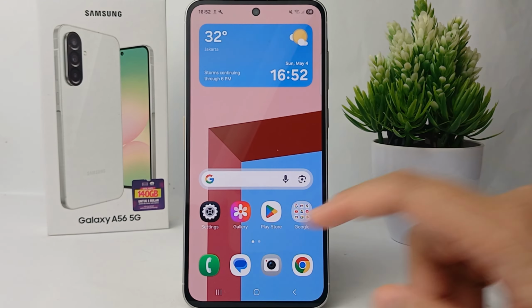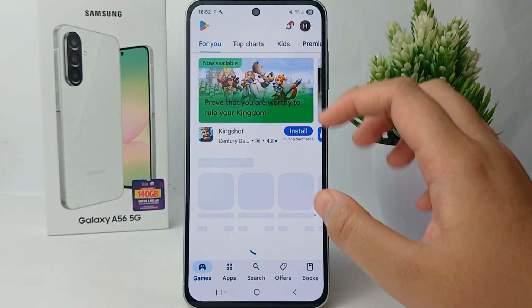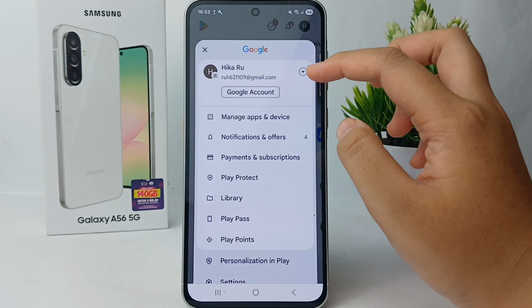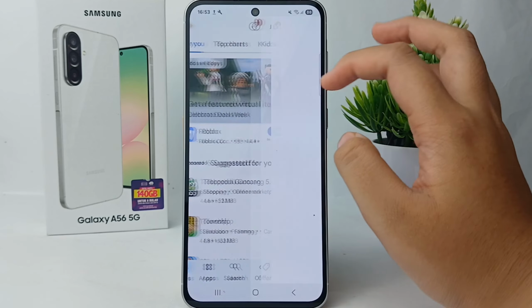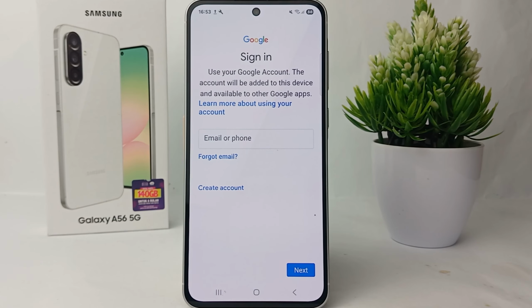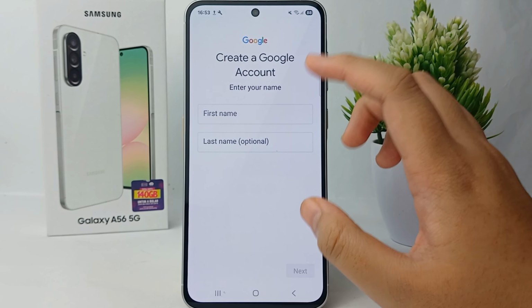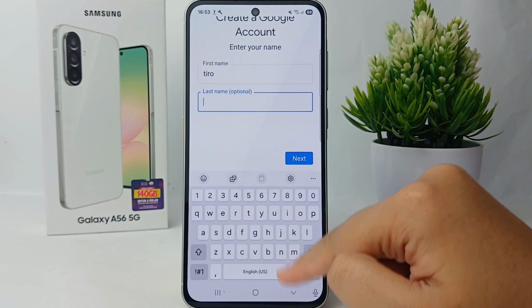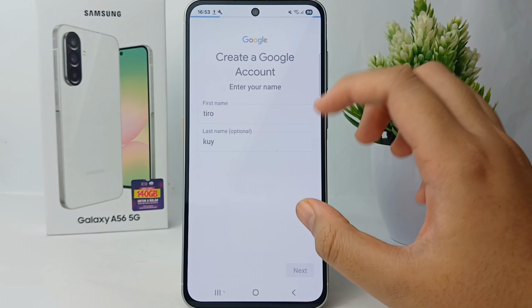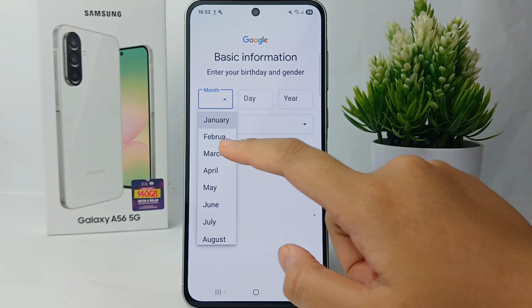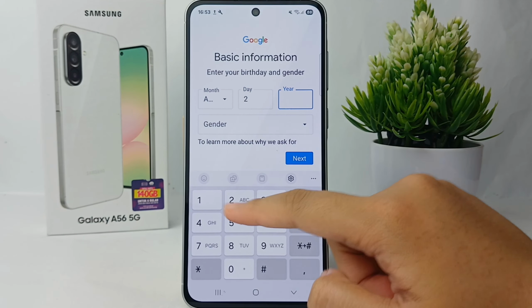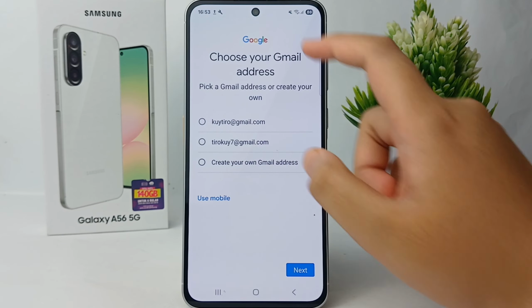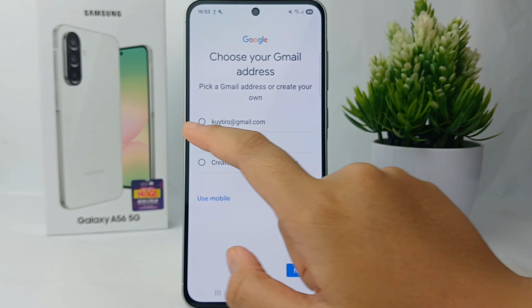So the first thing first is, now you can go to Google Play Store first, and then now you can click on the right top, and then now you can click add another account, and then so yeah, now you can click create account for personal, and then now you can enter your name, first and last name, or optional, and then now you can enter your basic information, the month, date of your birth, and then now you can choose your Gmail address,